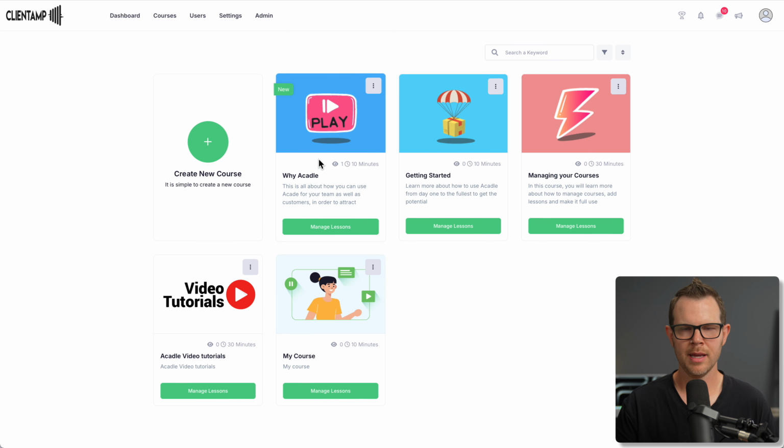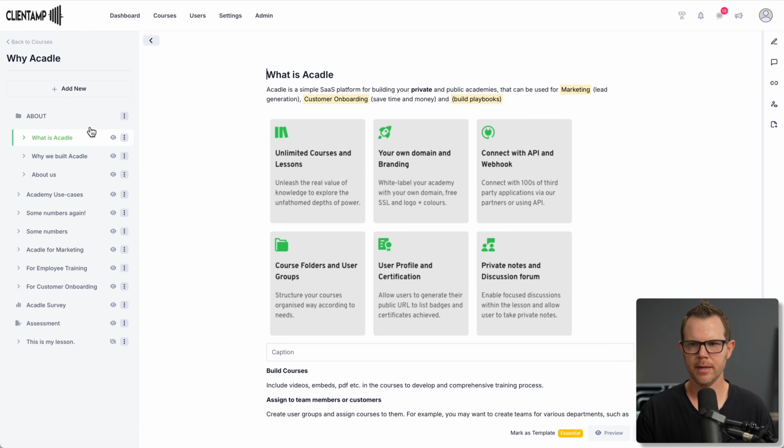Okay, so rather than creating my own course here, what I'm going to do is just open up an existing one. In fact, we will look at the UI Acadle course that we just went through. So here is all of the course content. The editor looks a lot like the user experience, which is a very good thing. It makes it a lot easier to see what your customers are going to be experiencing rather than being in something like the WordPress editor, which can be a little bit difficult to visualize